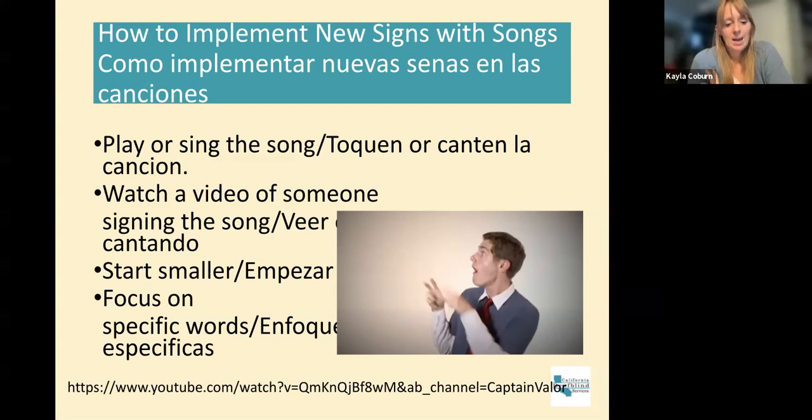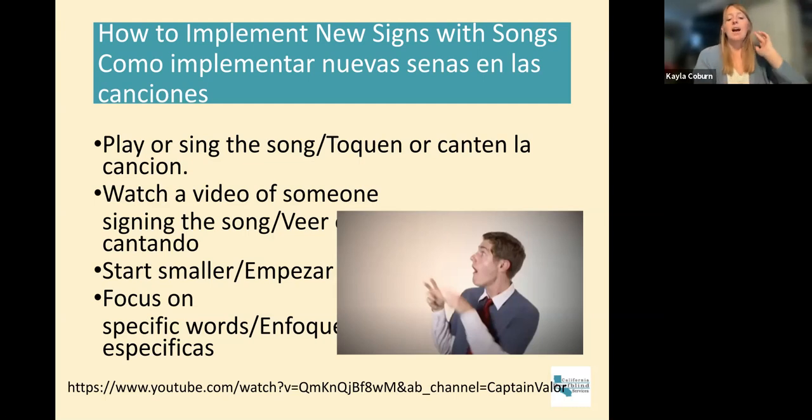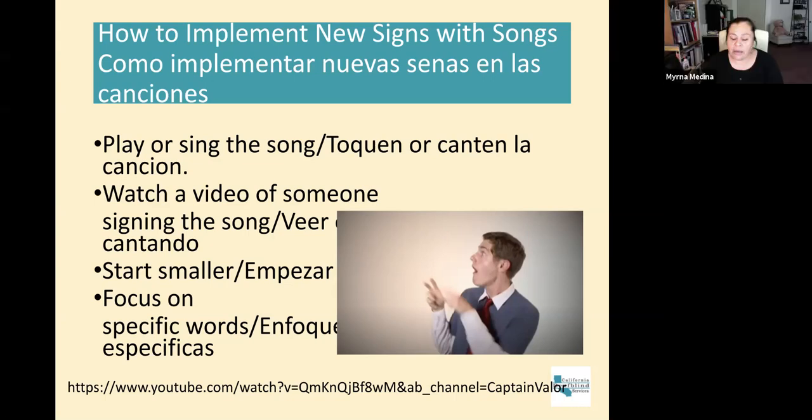He is a great example of really good facial expressions, body language, and interpreting. So he's always someone that I will show even to elementary school students up until high school, just as a really good example of a signer.